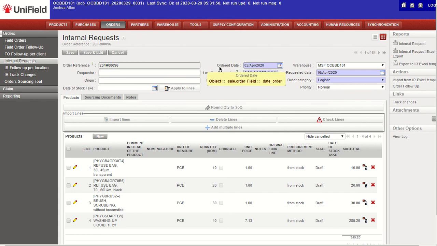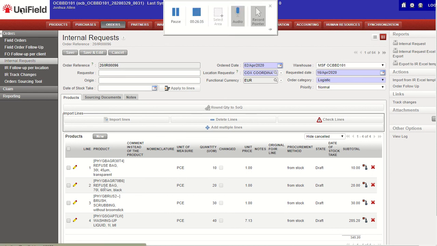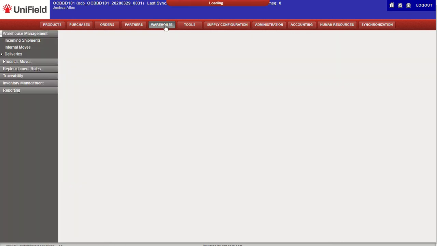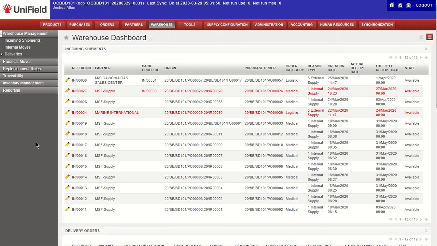So we're going to leave the IR here because the main objective was to show you how to load the list. And we're going to go to the warehouse. So I'll start back at the home page and I'll go to the warehouse application. Now this next example I find to be one of the most useful for the medical team, the warehouse team in the supply department,